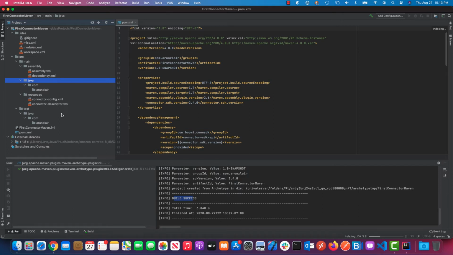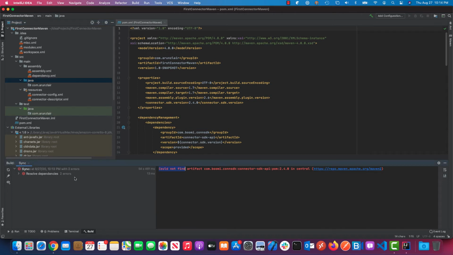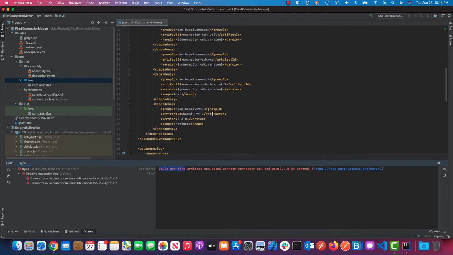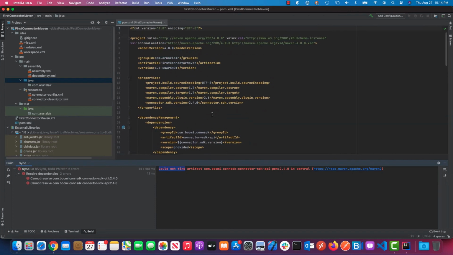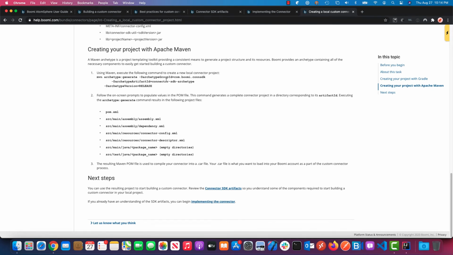So these are the steps to create your first connector project using Maven. There will be a separate video on how to use Gradle to create this project. Okay, so this is the error. Now we have these two errors that we have to fix. The issue that we have with Maven is that creating a Maven project from the default release is not up